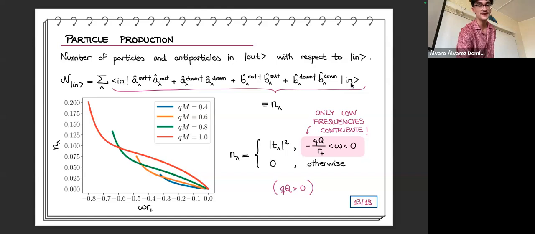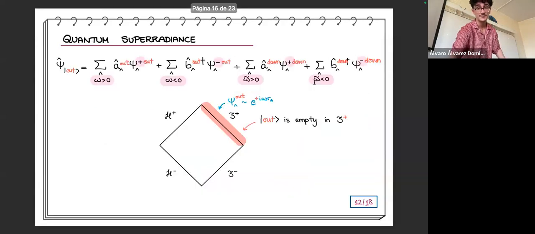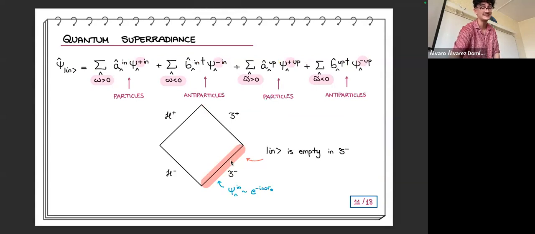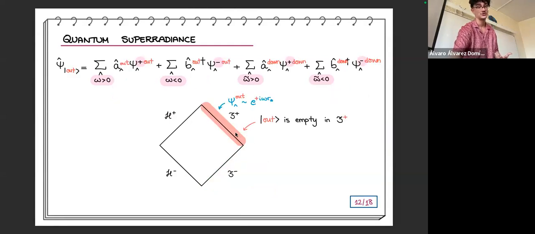This quantity is summing over all modes. What we are doing is basically comparing the two quantizations, the two different choices: the one based on the out-down basis, and the in-up basis. We compare them because we want to see that the in quantum vacuum is excited, that particles are being created in the scri plus, so that the out quantum vacuum is different from the in quantum vacuum.